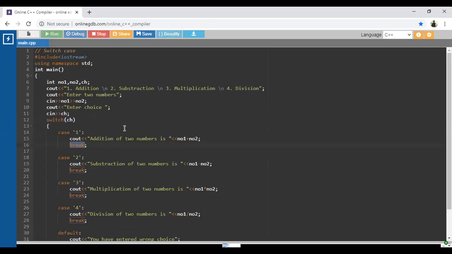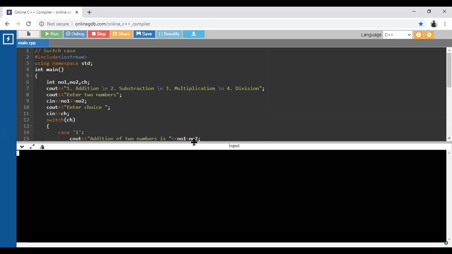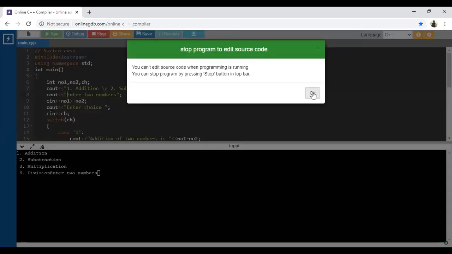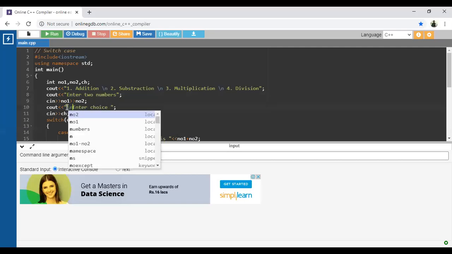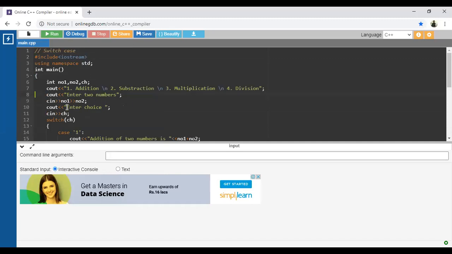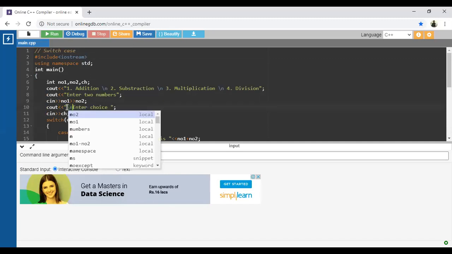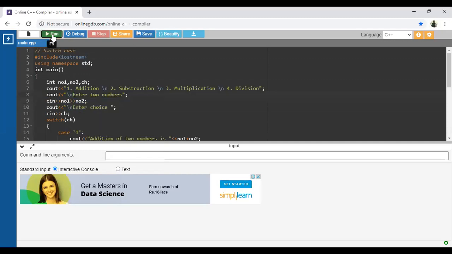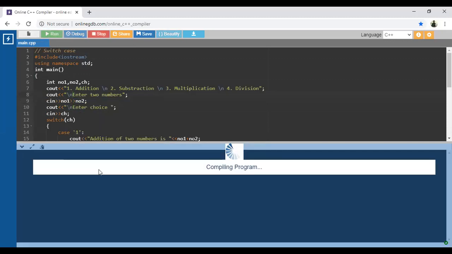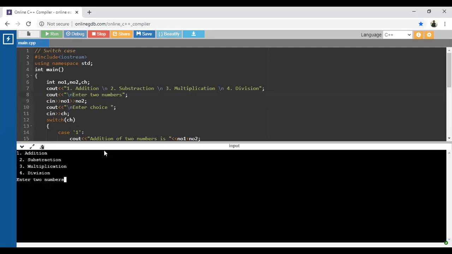So I will run this particular code. I will just mark \n here so it will display better.